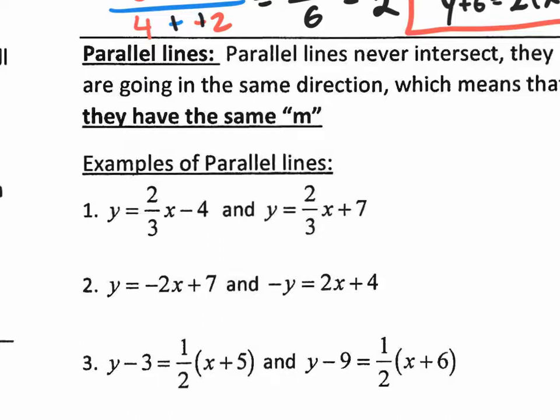What would that mean? If lines go forever and they never touch, they never intersect, that means they're going in the same direction. They're going in the same direction, they have the same steepness. If they have the same steepness, they have the same slope. That's exactly right. So parallel lines, like if I were to draw two lines just right here on the paper,